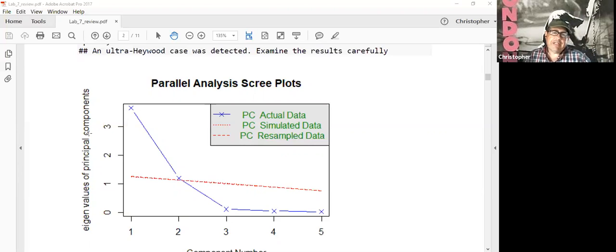What we generally want to say is, okay, any of our actual data values that are above that line, we're going to say are factors. So the first one, that tells us, yeah, we have at least one factor. This one here, it's a little borderline, but I'm going to be generous and say, okay, that's also a factor. Everything else is down below the line, so none of those are going to be included in our final analysis. What this means is that we have a two-factor solution. We have two factors that were above what we would get with random noise,